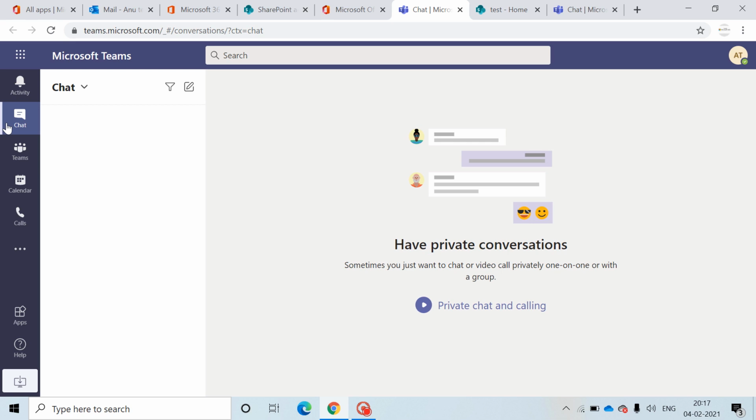This all options is given to you in the Teams, which is a must used application now in this scenario where we just do work from home. We do not have much option. We do virtual meetings, we do this kind of online meetings. We can share our screen. For example, I want to do a training, I want some members to see and understand what exactly this product means. I will do one training, I will explain everything in Teams, I will start a screen sharing, I will tell them how it looks. So this is what is a feature in Teams. So this is just a small feature which I am explaining about.